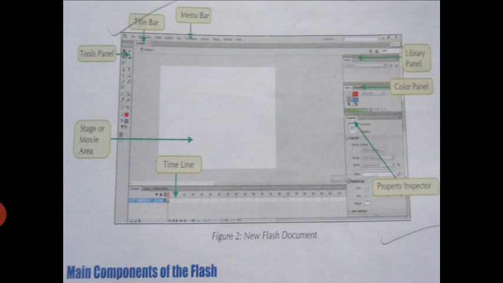Okay. There are 8 components. See, first is the title bar, second is the menu bar, third is the tool panel, fourth is the stage or movie area, fifth is the timeline, sixth is the library panel, seventh is the color panel, and eighth is the property inspector.